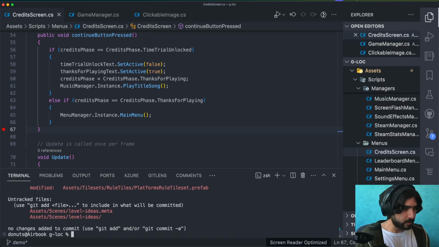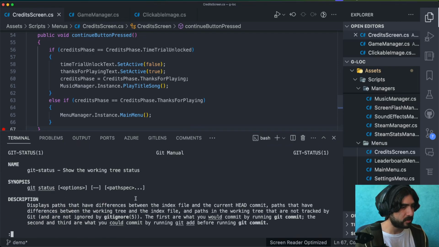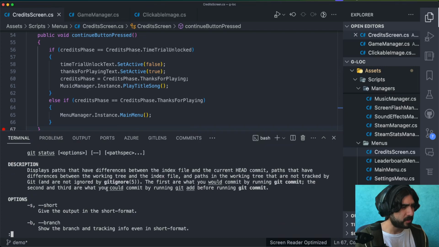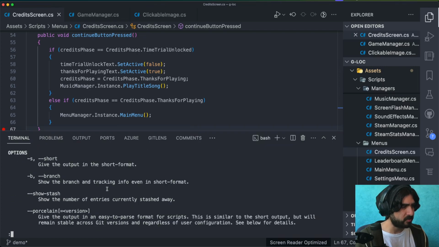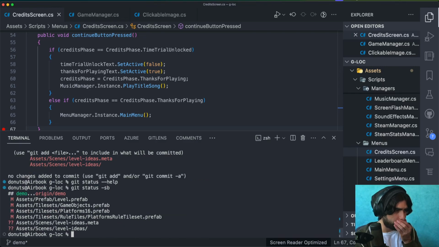All right. Oh boy, see, I already have changes. What branch am I on? How do I get a better git status? What are the options? Short. Give me short and give me branch. So git status -sb. Okay. So I'm on demo, which is lined up with origin demo, but demo was merged with our main branch.